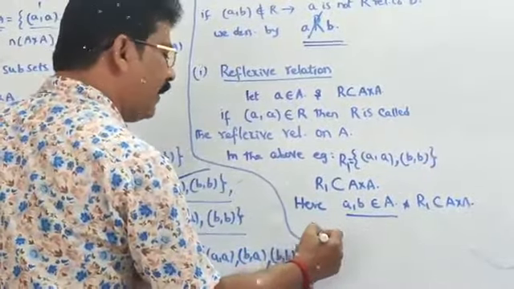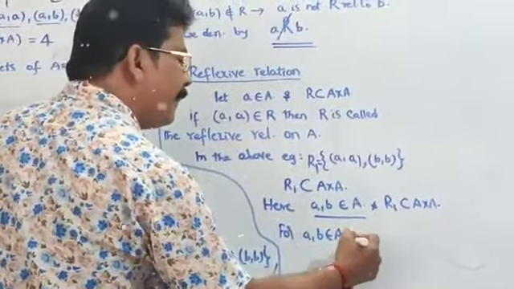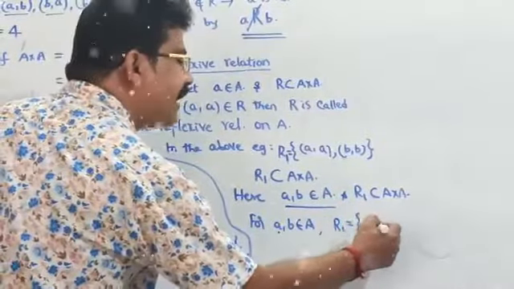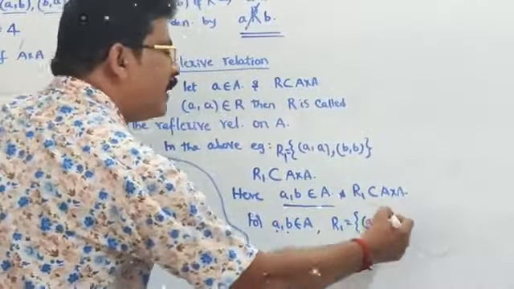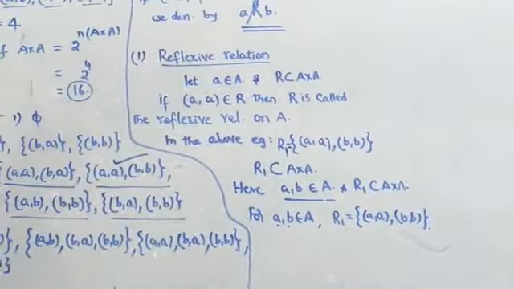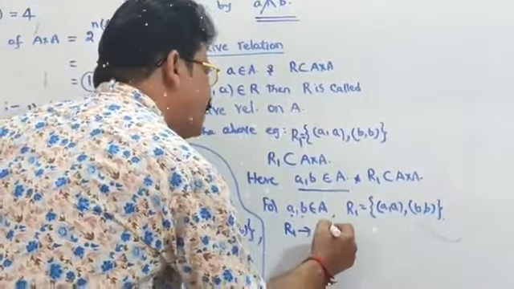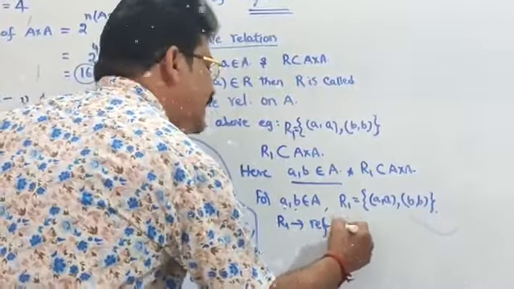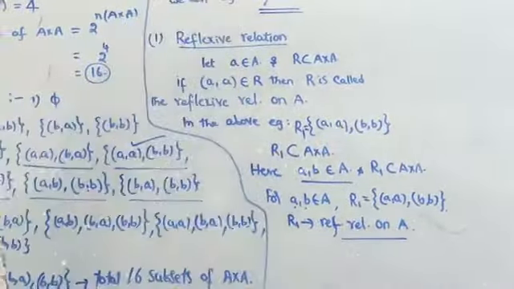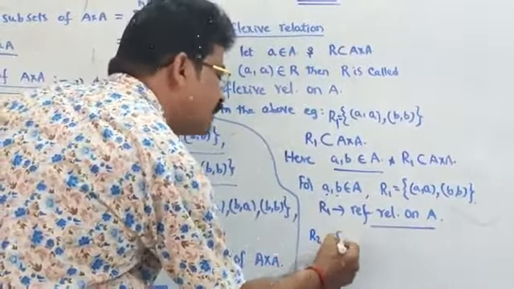Small a comma small b belong to capital A, and R1 is a subset of A cross A. So for all a comma b that belong to capital A, R1 is equal to the set of A comma A, B comma B. So R1 contains these elements. That's why R1 is called a reflexive relation on capital A. This is the best example. Another example, we can take another example. R2 is equal to